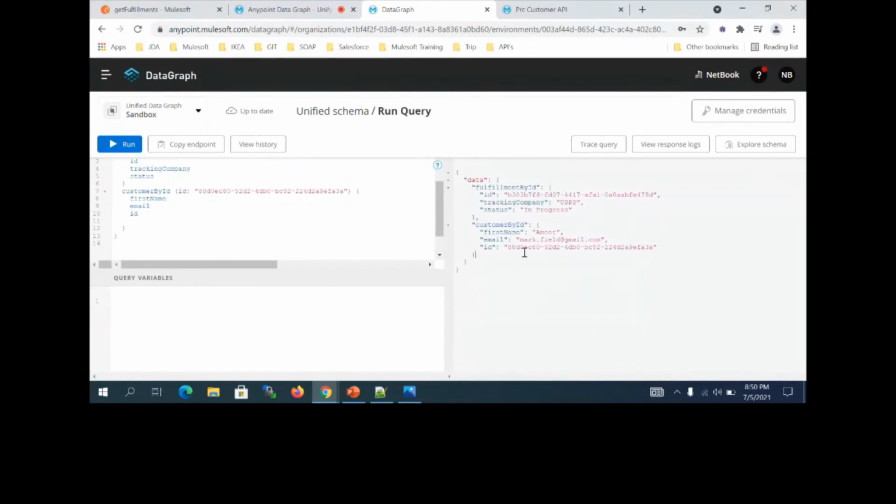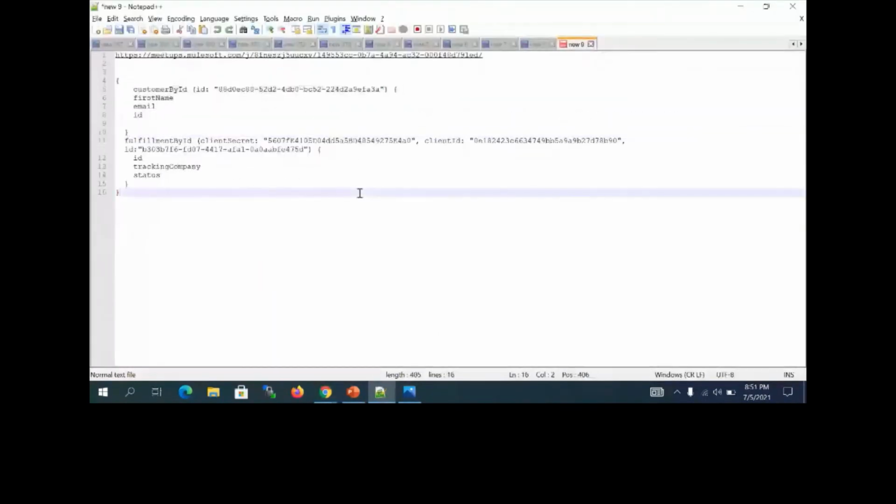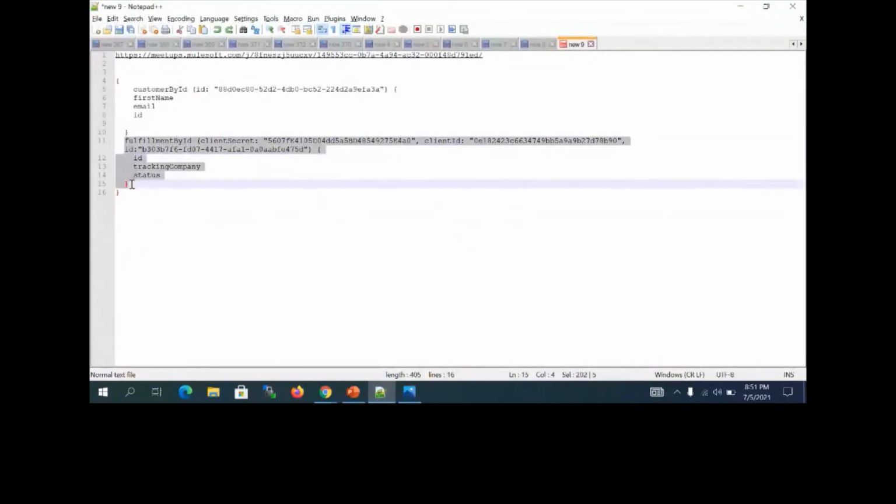Amit, I think fulfillment by ID is the child for customer by ID. If you go inside, yes, that's correct. If you write in the previous query, you can correct it. Maybe inside that method, if you copy this fulfillment inside, it is outside.